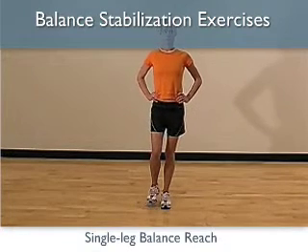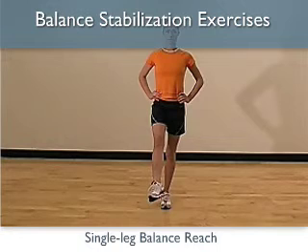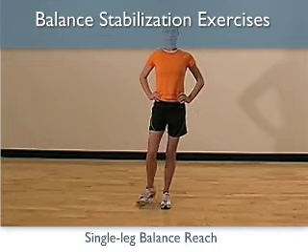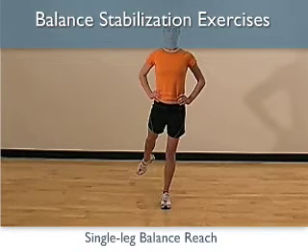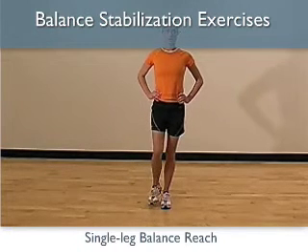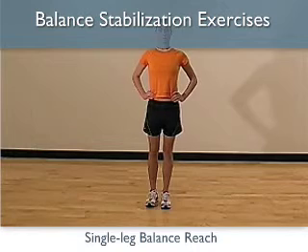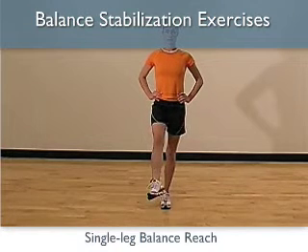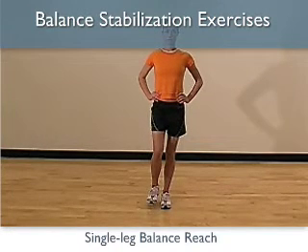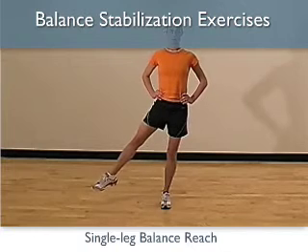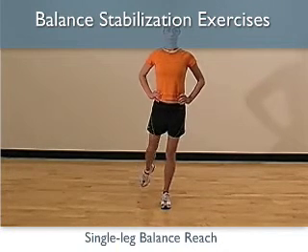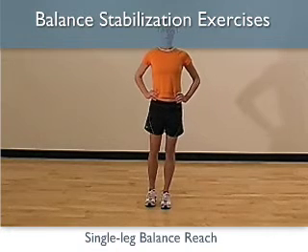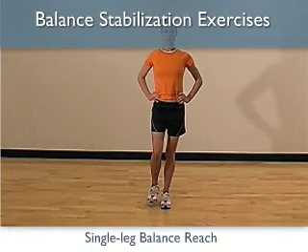The second example is the single leg balance reach. The setup and mechanics are exactly the same as the single leg balance, but now we will challenge one's limit of stability by reaching their floating leg into multiple planes. First, reach in front or behind the body to challenge one's balance capabilities in the sagittal plane. Then reach out to the side to challenge one's balance in the frontal plane. Lastly, reach behind to challenge balance in the transverse plane.